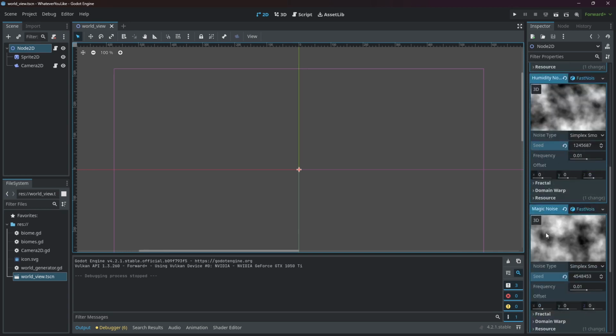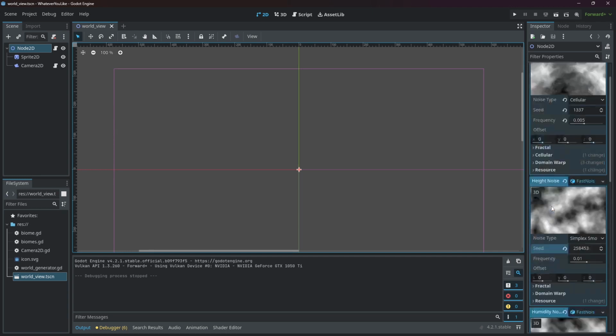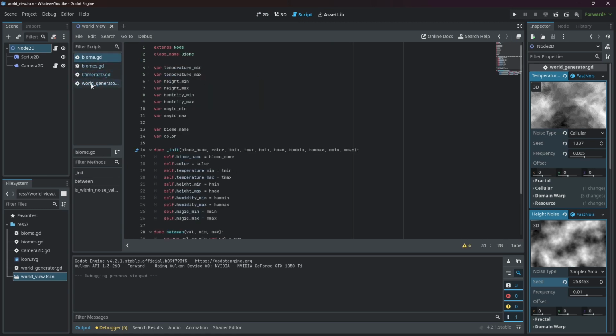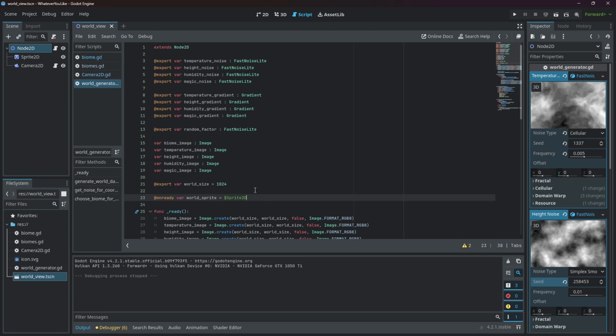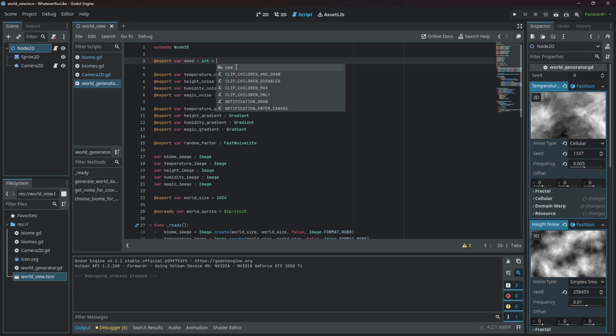So you'll be changing this. And the seed thing is a very powerful tool because let's say you want to create the same world every time, so you just set a seed and then you create a worldwide seed, then just set other seeds. Each noise seed should be dependent on the world seed. Let's just create this real quick. So in world generation, we can export at the very top. I want to export a var seed that is an integer, and we can set it to be like,